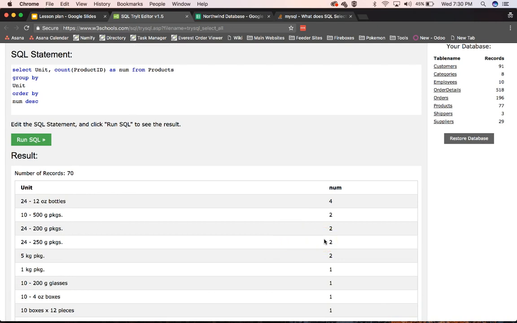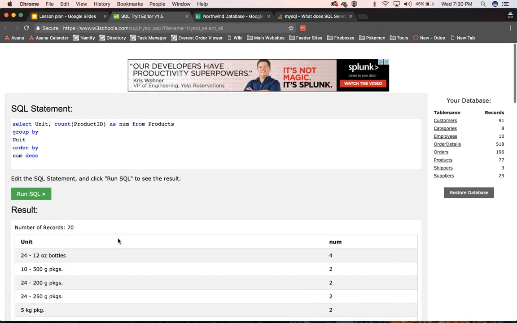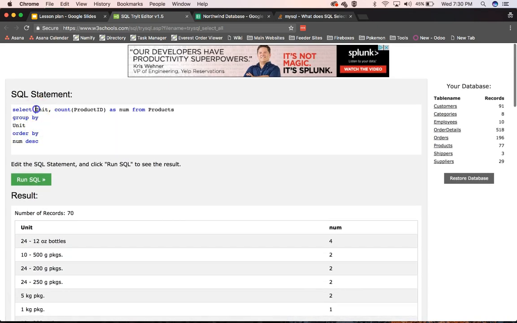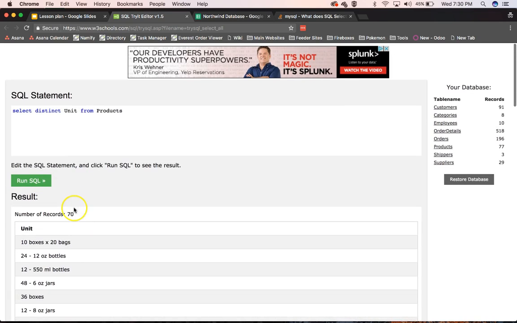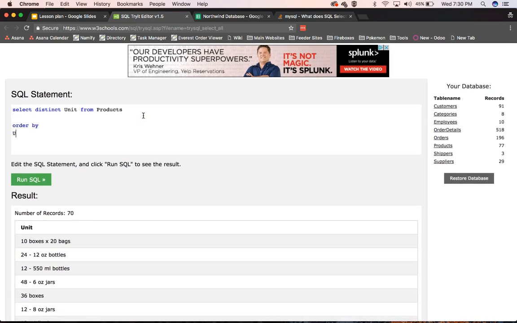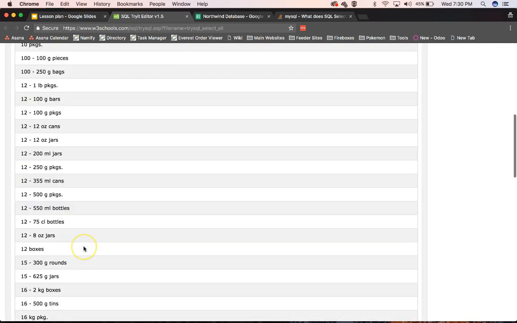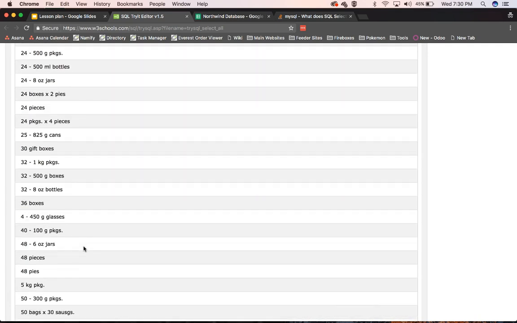And so if I wanted to get a list of just one, obviously I could do the group by, and I could just copy this list out. But there's another useful one, and it has a few other cases that we'll maybe touch on in the future. I can just say, give me the distinct units from our products, and we can run this SQL and we get the same 70 in no particular order. We could order it by unit, alphabetize it, and then we get a list of unique